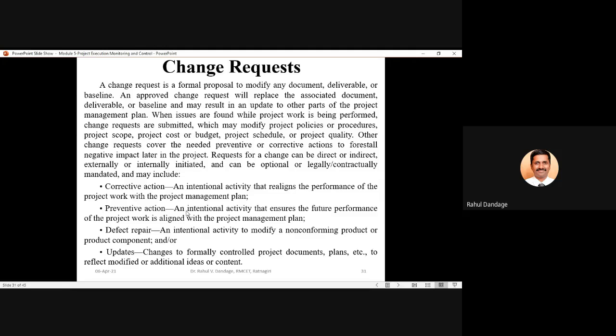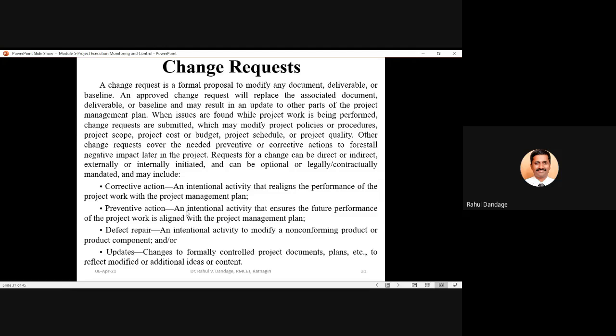So once the change request is approved by the higher authorities, wherever that particular parameter is referred, in all those places the corresponding change must be reflected, and that's why change request must be a formal process. Otherwise it will not get percolated, it will not get transferred to the various activities which may be dependent on that particular document, or that document may be an essential part of any particular activity.